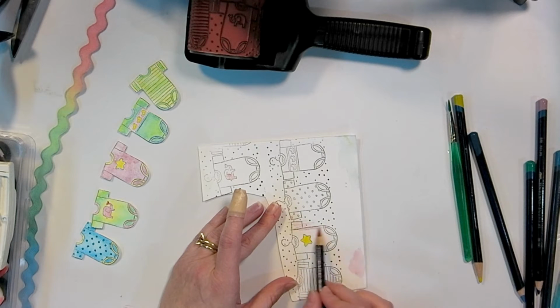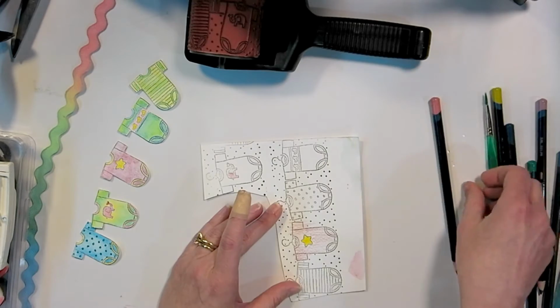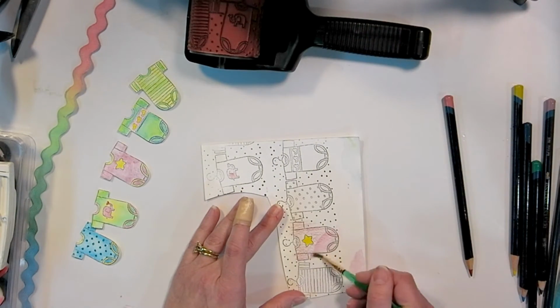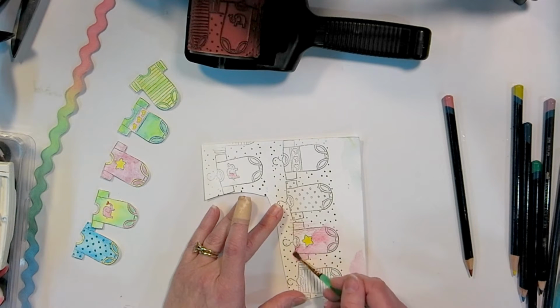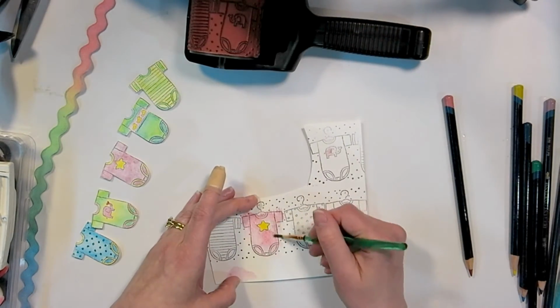And look, I don't even have to stay in the lines because I'm going to cut that out. It would take a little bit more time, but I just want to give you a few ideas and not make the video a zillion hours long. That's not dry, but if it was, I could just brush over the whole entire thing and it would be fine. But if you're doing something you're going to cut out really closely, don't worry about staying in the lines. It'll actually look better if you go out of the lines because then you'll have some